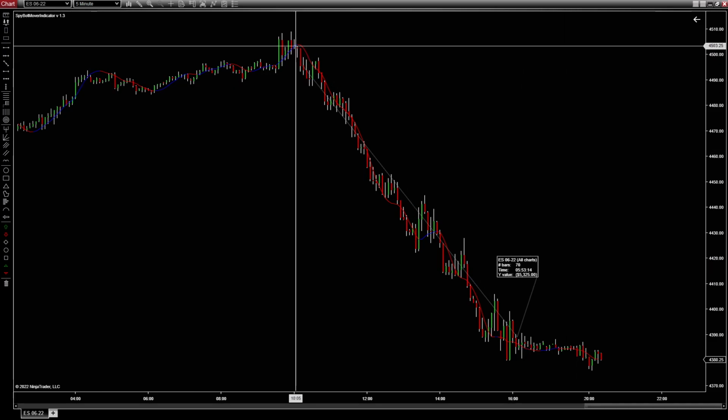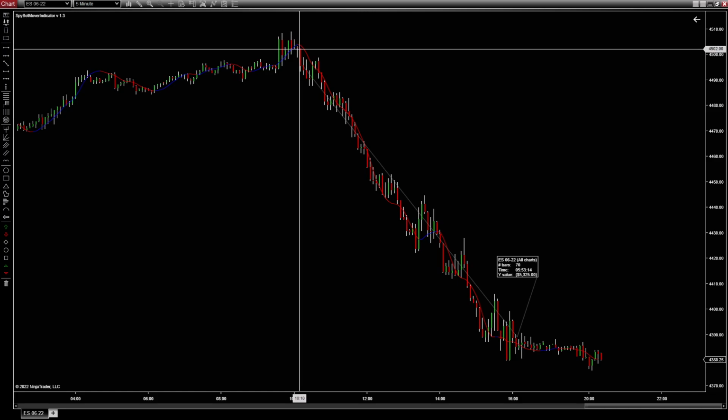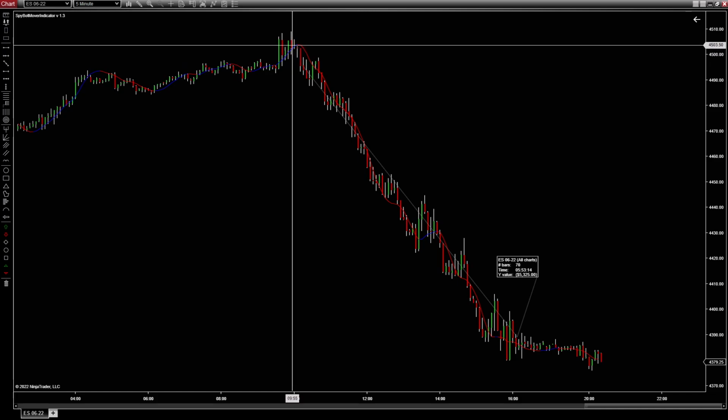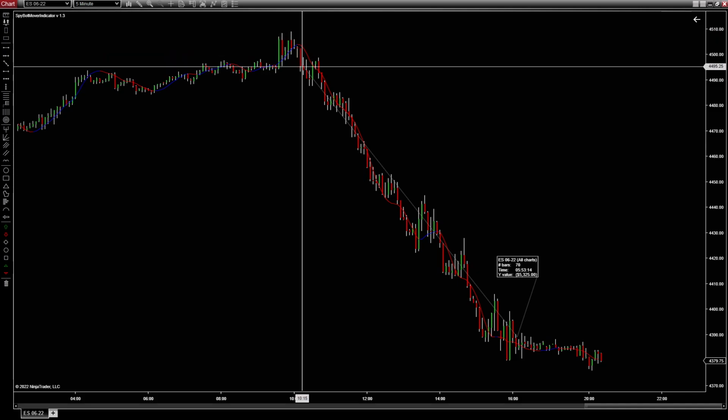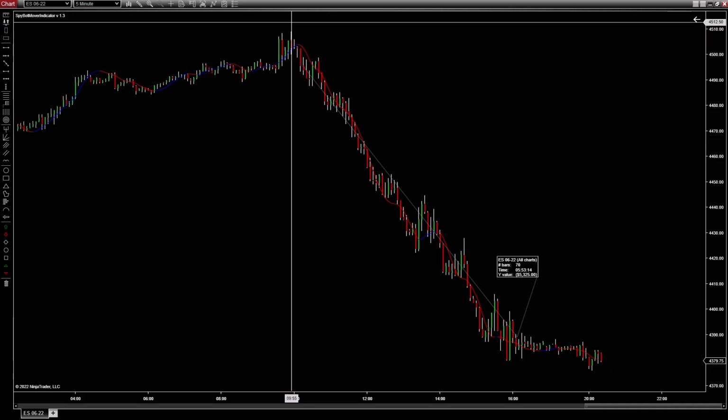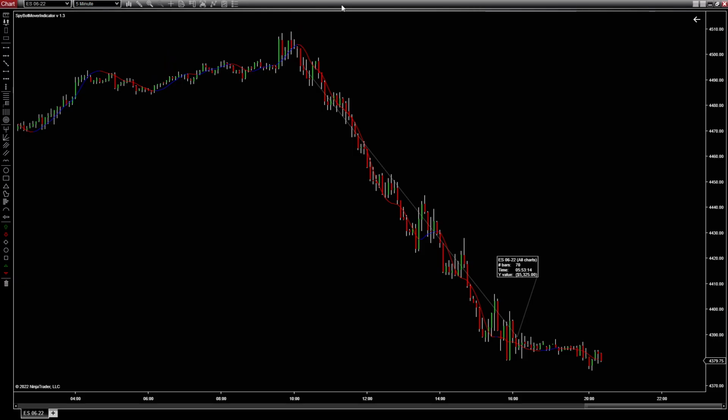Now also on the mover, you have alerts. It'll give you an audible alert to let you know when the color change is. And it will also give you the visual where it can put arrows on the chart as well. So if you want the arrow, it'll show that. So if I bring it back over,